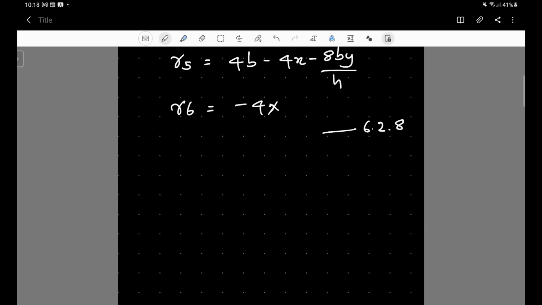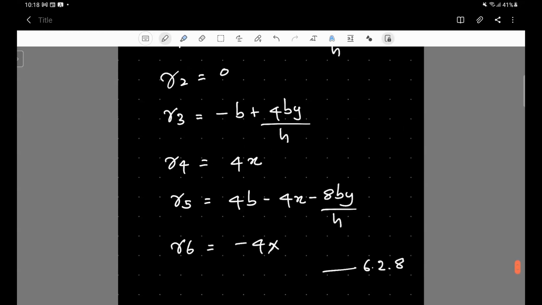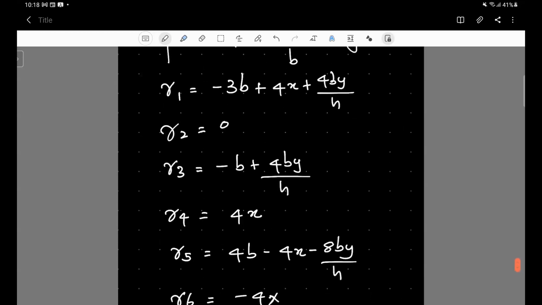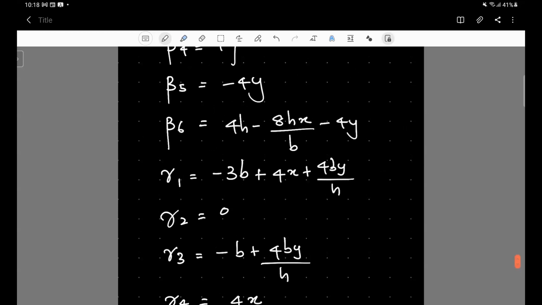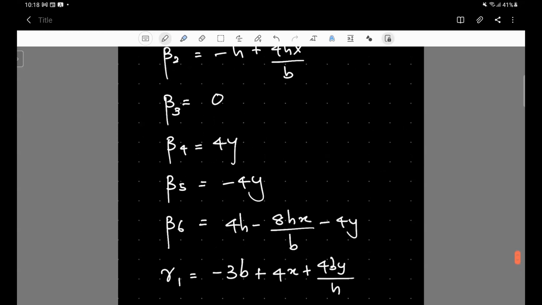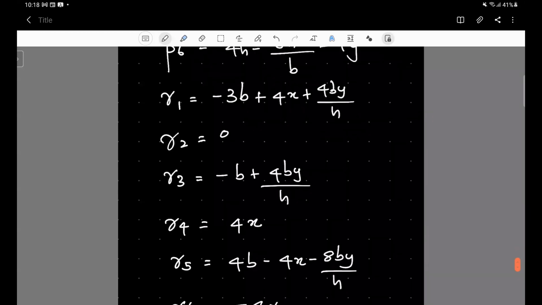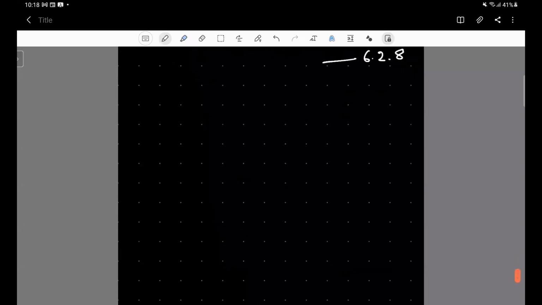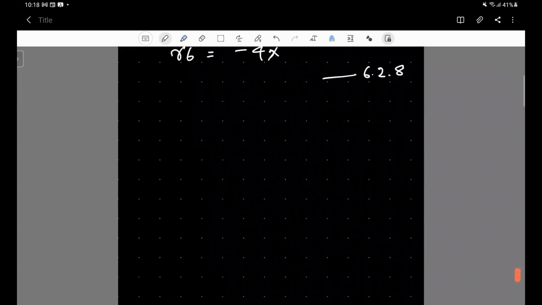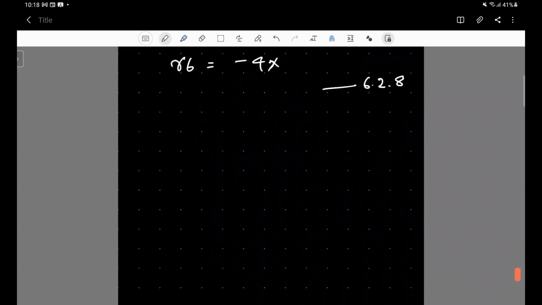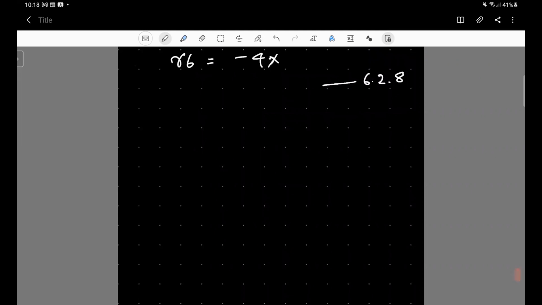what you can do is use these values to find the strains by substituting the B matrix and using the corresponding D matrix to obtain the values for the corresponding strains within this element. So if you substitute this in equation 6.2.7, what you would get is the strain in the x direction